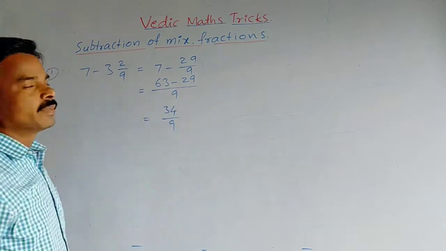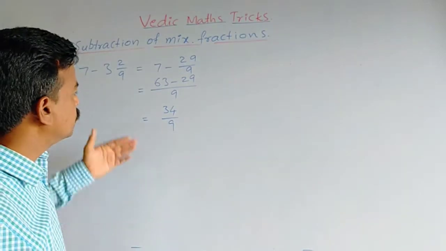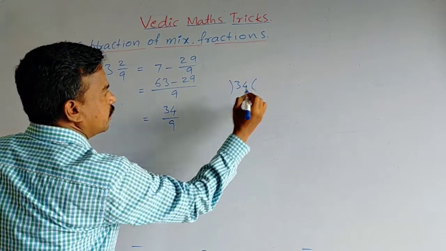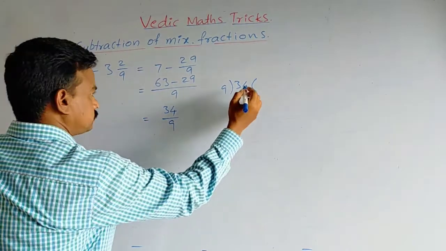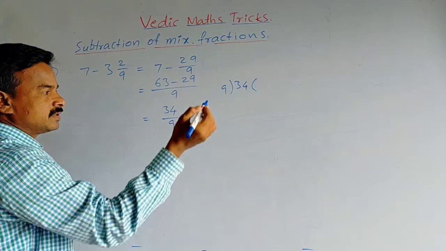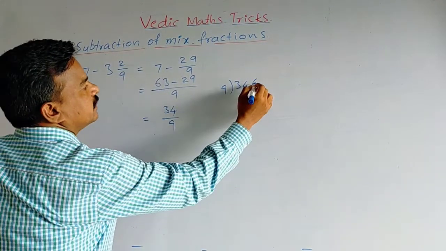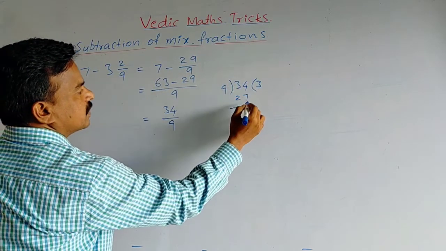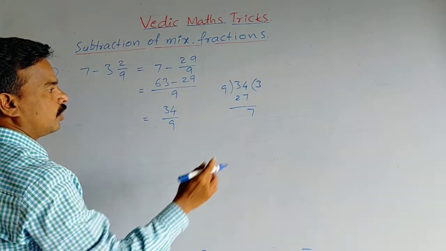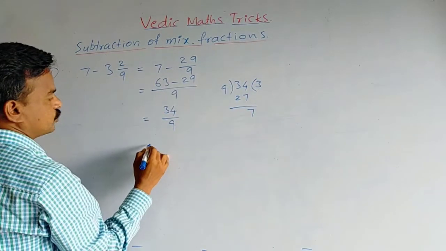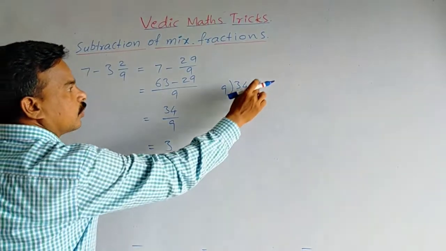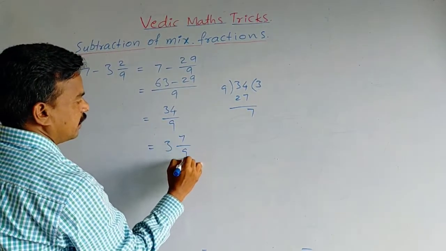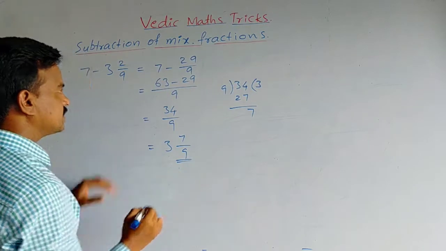It is an improper fraction, and again we change it into a mixed fraction. How can we change? We just divide 34 by 9. 9 times 4 is 36, which is not going from 34. That's why 9 times 3 is 27. 34 minus 27: 14 minus 7 is 7, and 2 minus 2 is 0. 7 is the remainder and 3 is the quotient. So the 3 whole quotient we write here, that means 3 whole 7 by 9. This is the answer. This is the current method.